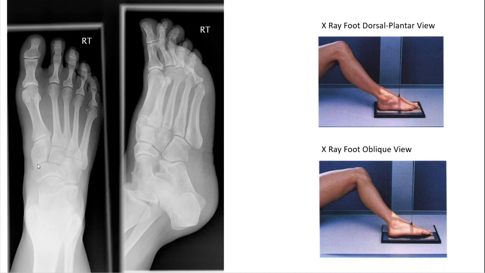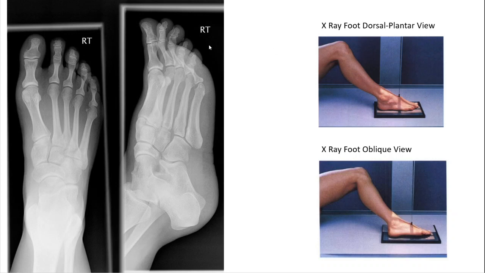And then the three cuneiform bones articulate proximally with the navicular bone, so this should be the navicular bone, and navicular articulates proximally with the anterior end of the talus. We also know that the fourth and the fifth metatarsals articulate proximally with the cuboid bone. So this is the shadow of the cuboid, and the cuboid articulates proximally with the calcaneum. So this is the anterior end of calcaneum, but the talus and calcaneum are quite superimposed on each other. You can also see the shadows of lower end of tibia and the lower end of fibula because they are also coming in the path of the x-rays.